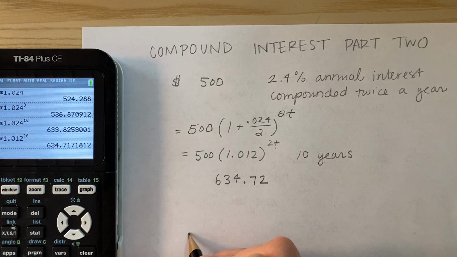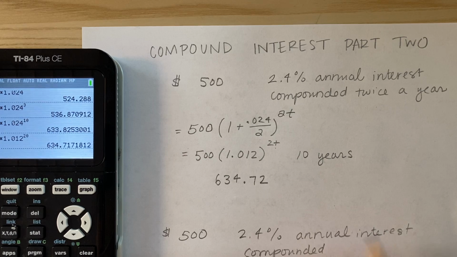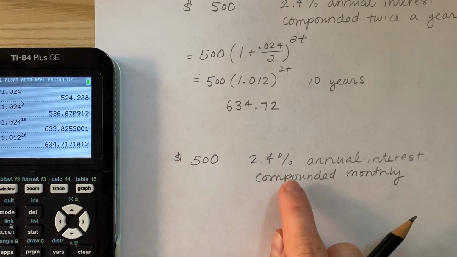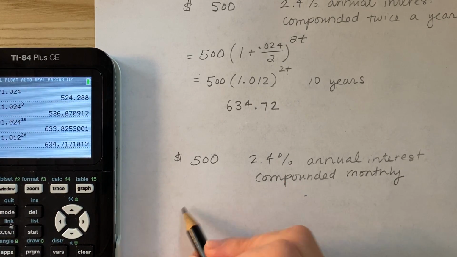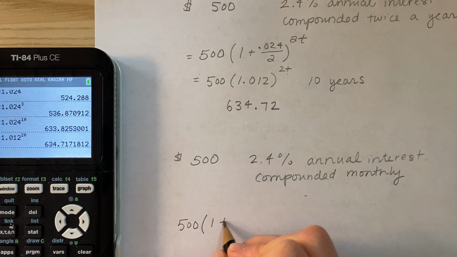But compounding twice a year, did you guys know that's kind of rare? What if we did the same problem, same premise, $500, 2.4% annual interest, but this time, instead of compounding twice a year, what if we compounded monthly? What do you think is going to happen? We're compounding more often, but our rate is going to be a little bit less. So we're going to have our 500 times 1 plus